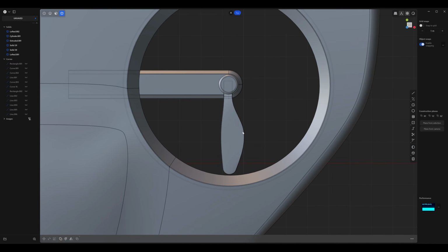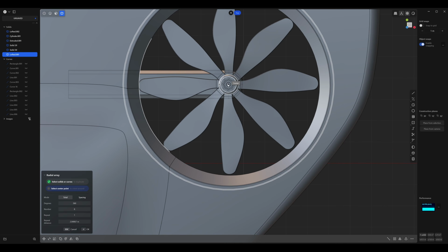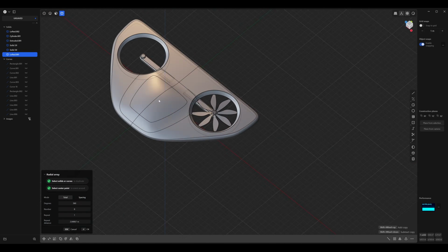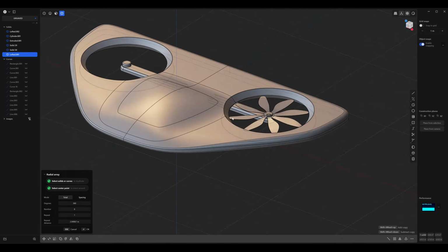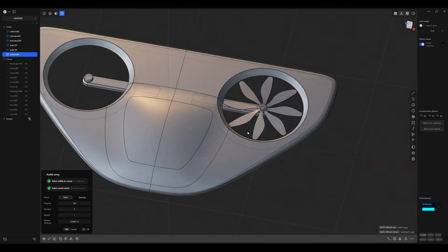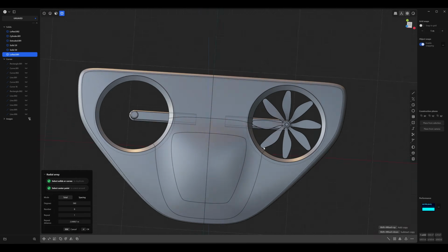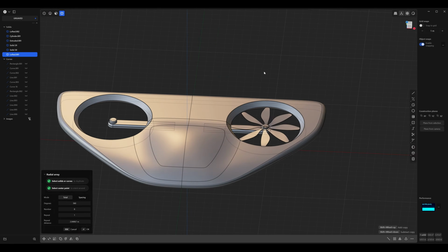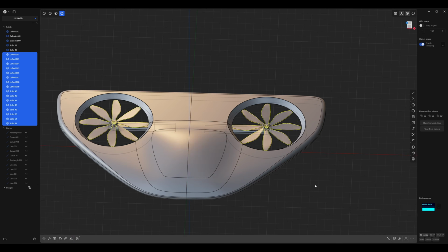And all you need to do now is select it once more and click over here where it says radial array and just hover over the center of the cylinder. And let's keep it around 8 so it looks kind of interesting with that many. Sometimes they only use 3 or 2, but it might look a little too empty for this design, and it's nicer to have it a little bit fuller in this case. Right click to accept and press Alt X so we can mirror it on the X axis.